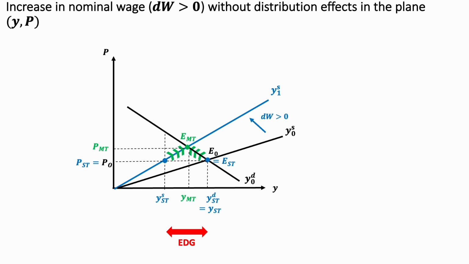In the long term, as the real wage became lower than the new negotiated real wage in the long term, W increases and YS pivots to the left. The increase in W and the upward wage price spiral will bring us to a new long-term equilibrium with higher prices and lower output compared to the medium term and compared to the initial situation.